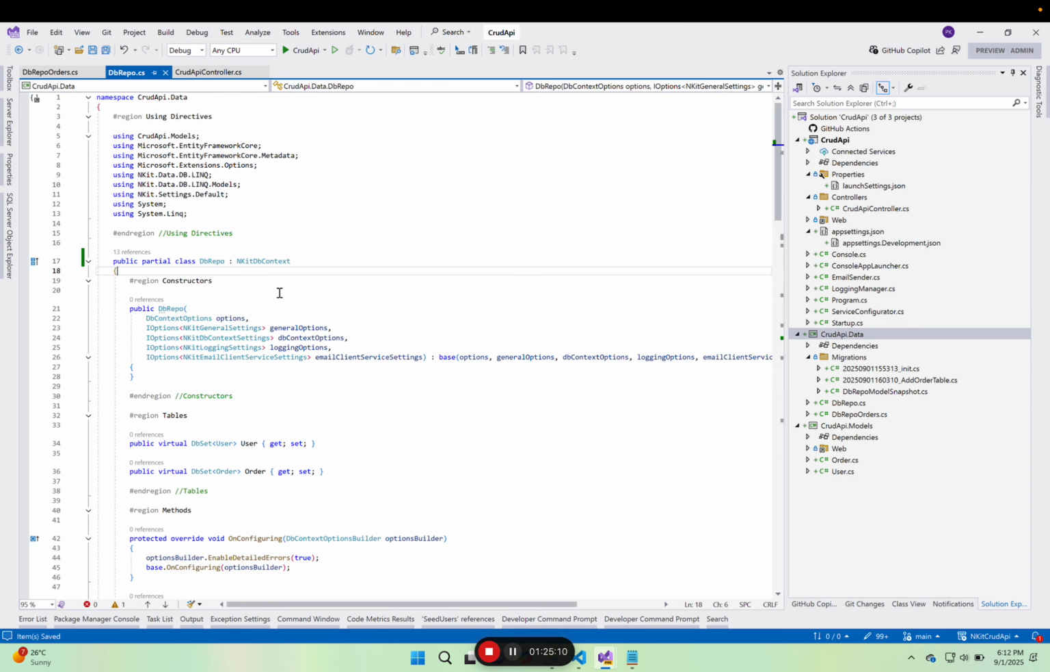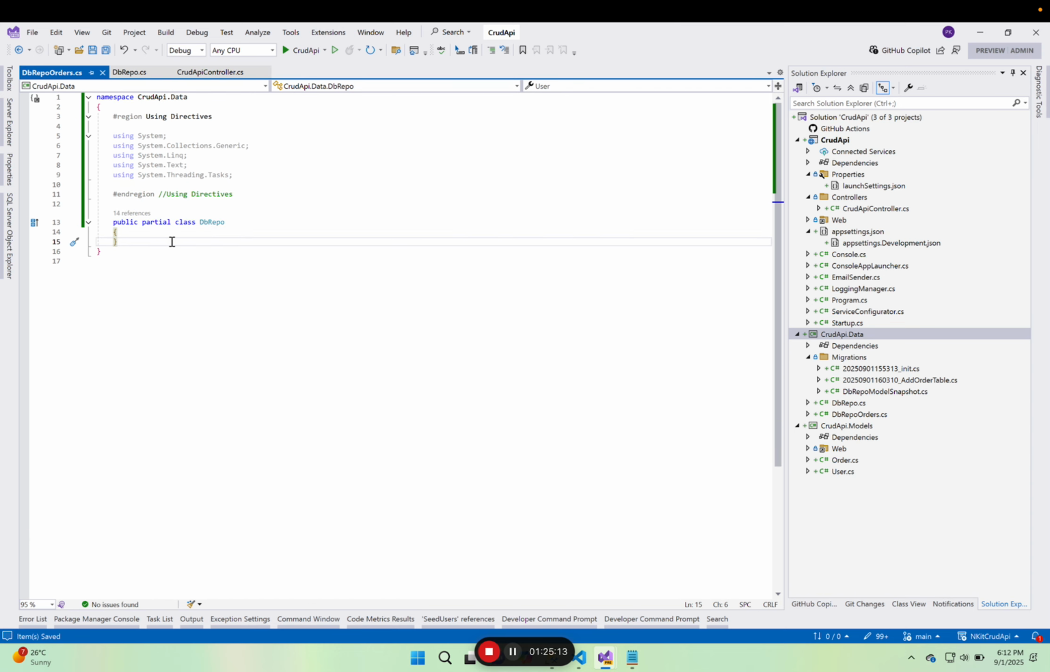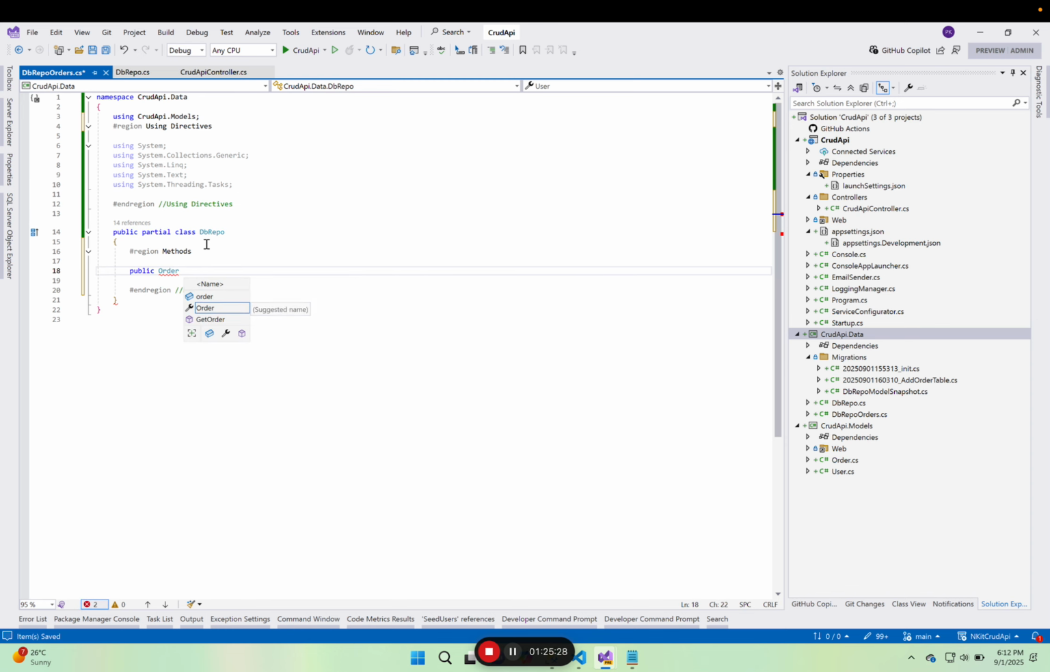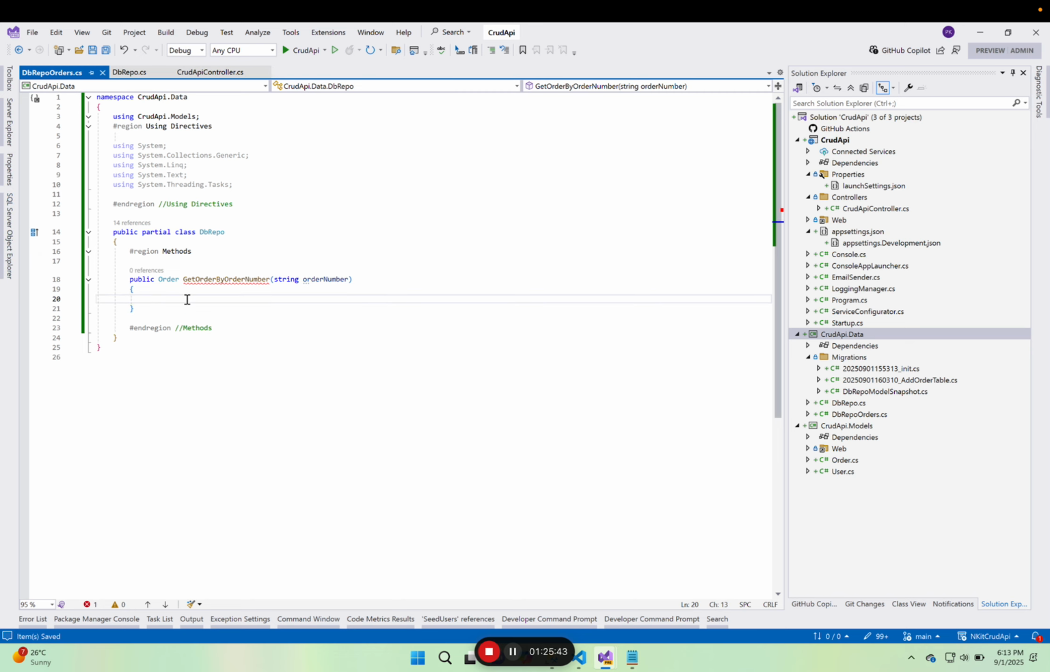And so this is the same class, just extended across another file. And over here, I'm going to set up a method, a public void region method. What I'm getting back is an order, get order by order number, string order number. Okay, and here I'm going to do my query,